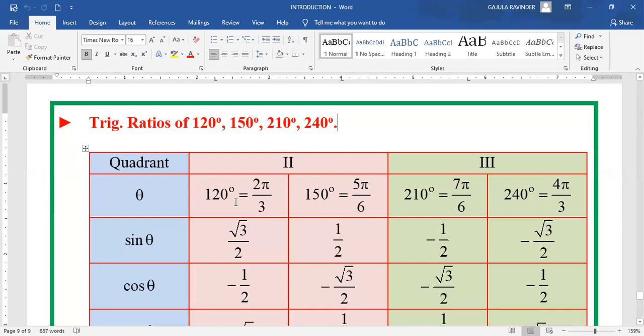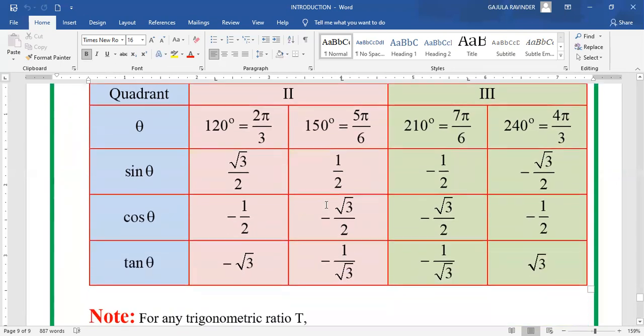That means sine 120 is the same as sine 60. 120 is in the second quadrant, where sine theta is positive. So sine 120 is the same as sine 60, which is root 3 by 2. Of course, here we are first discussing the values, which may be somewhat difficult to understand, but by practice you will get it very easily. You will remember it forever. That's why I'm discussing it. The value of 120 is equal to the ratio of 60 degrees, whereas the value of 150 is equal to the value of 30 degrees, and both are taken in the second quadrant.